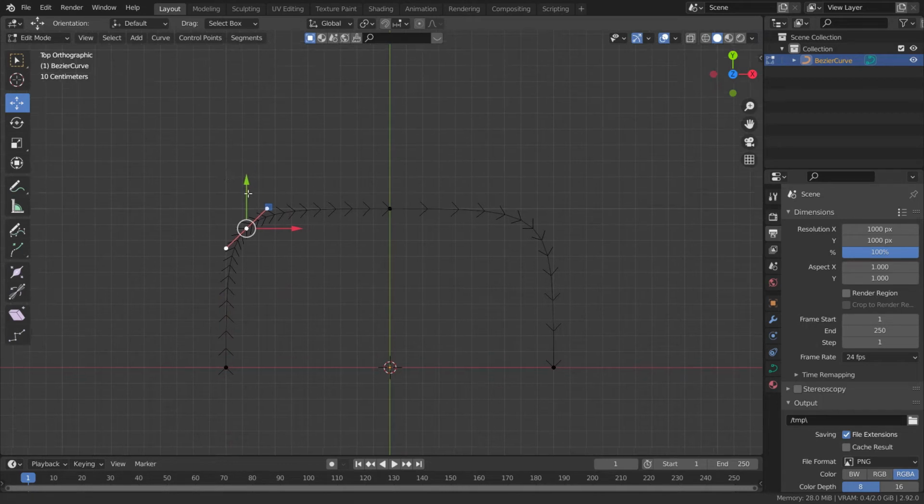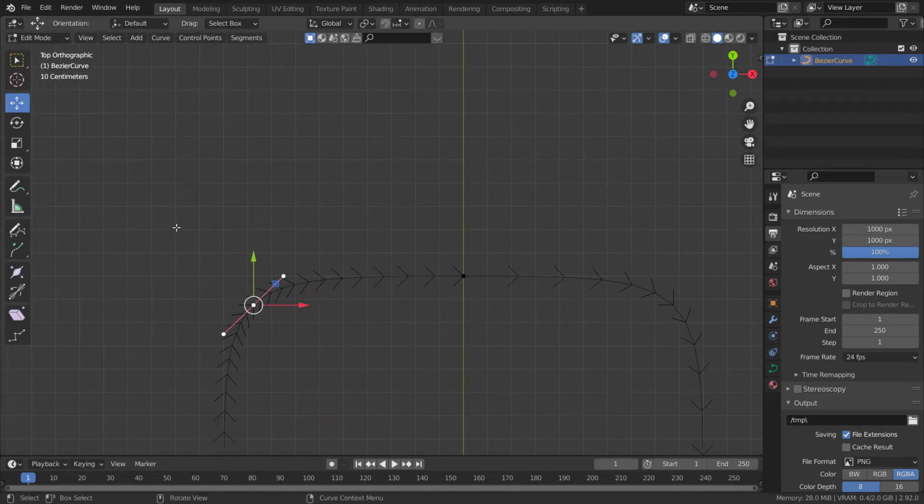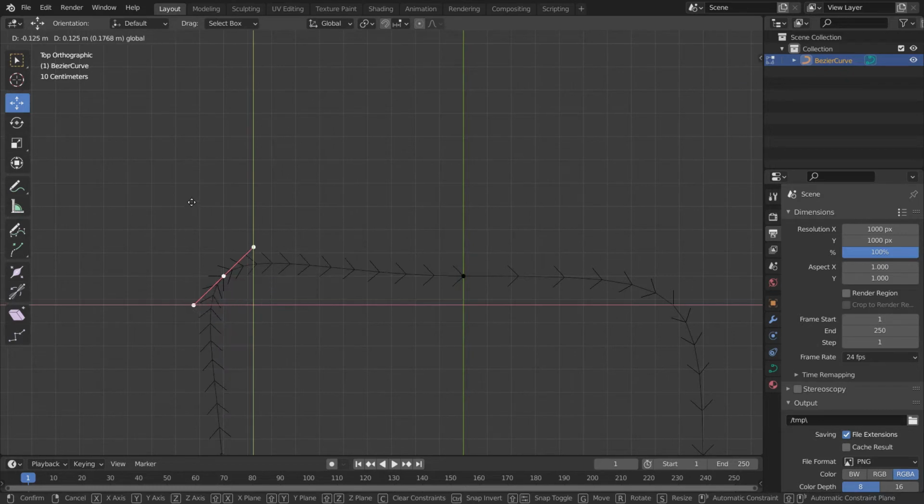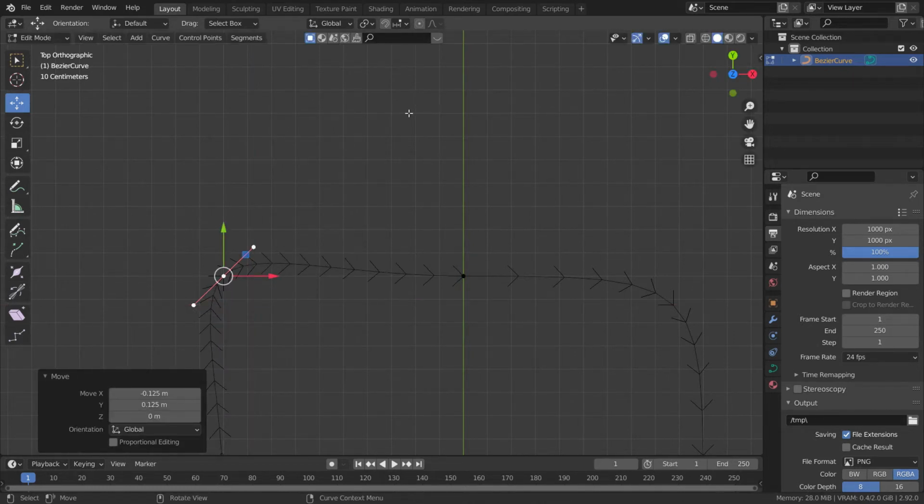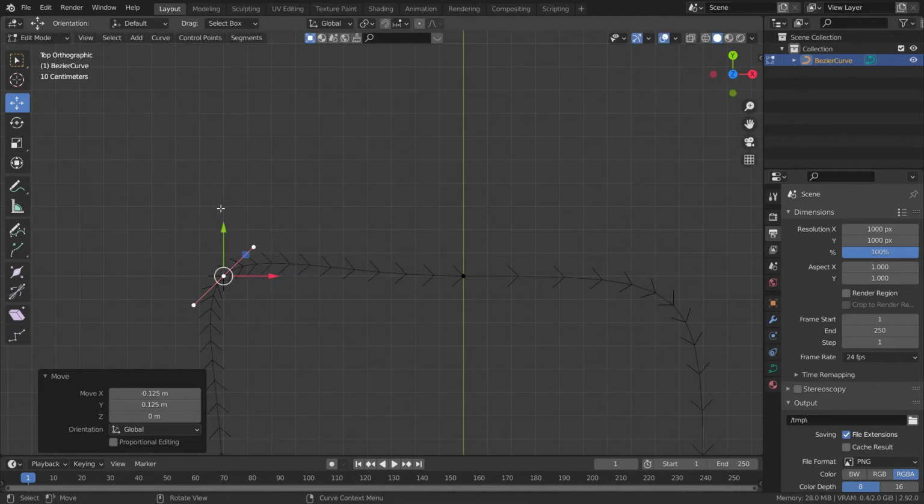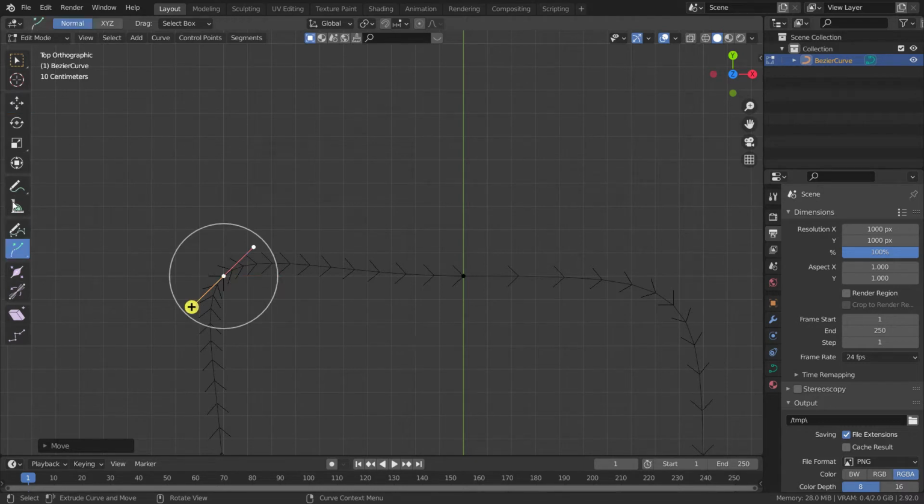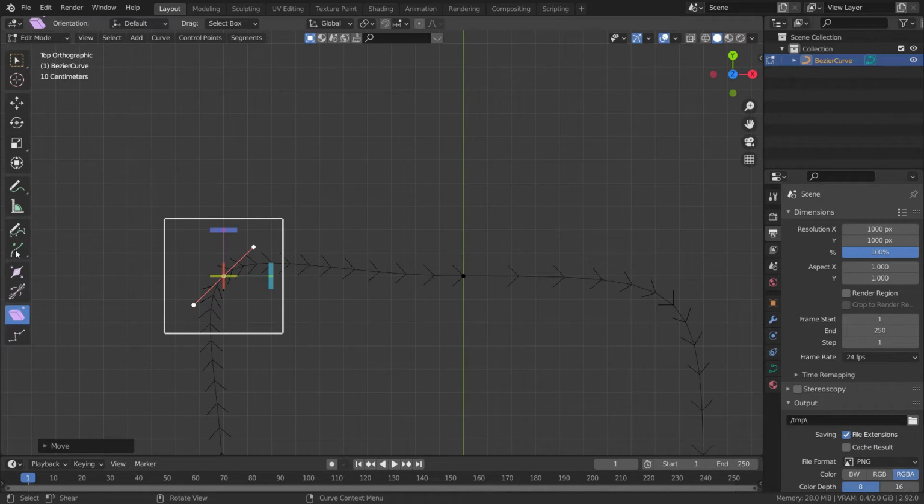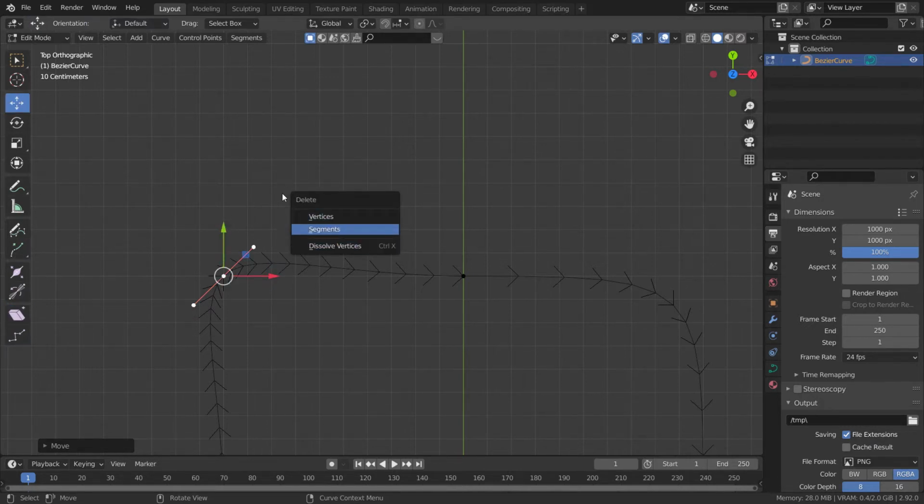Okay, so now what we will do is, as these both curves meet at this point, we can just grab them over there and then scale it down, so you get a little bit of sharp transition. Or you can change the handle type of that. I think I actually don't use curve that much, but I think you can do that as well. Okay, so ignore that. Let's dissolve this because we don't need that